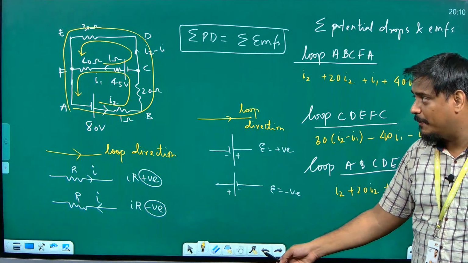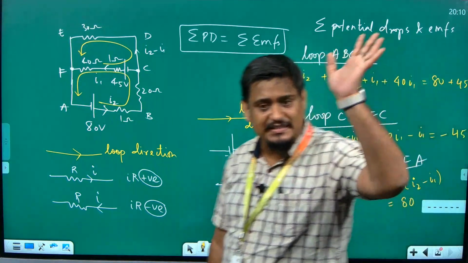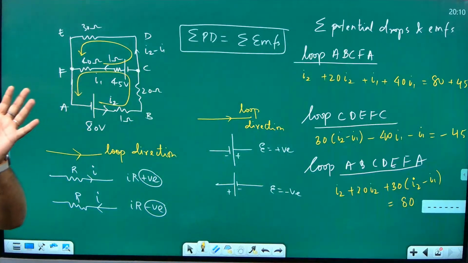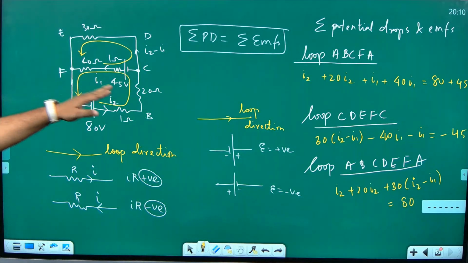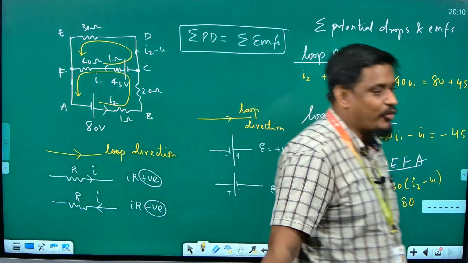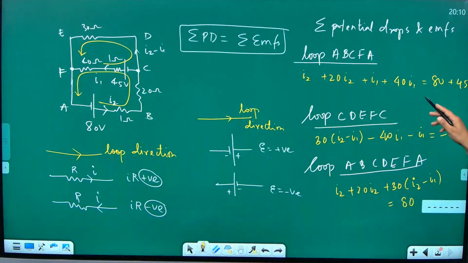Are you able to understand this, Varshita, and everybody else? Yes, sir. If yes, now I have got equations. See how to solve this Kirchhoff law question. Now I have got equation. Here I am having I1, I2. No need of making the third equation itself. If some student is taking any two loops, he will have two equations, two unknowns. Solve, get the answer.